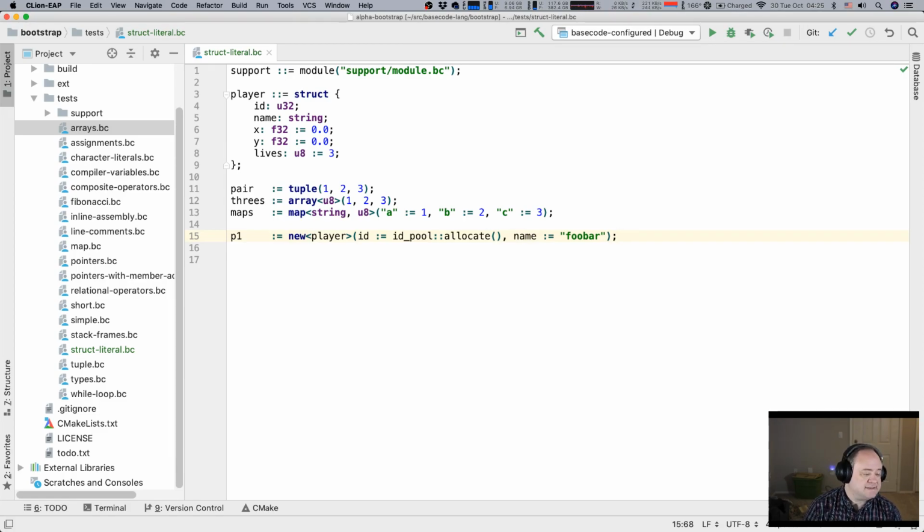And Basecode doesn't have a default definition of a trait, right? It's not part of the language. Again, with metaprogramming, you could add that, and you could add something even more powerful than that. But if you wanted traits, you could add them fairly trivially, I would think.